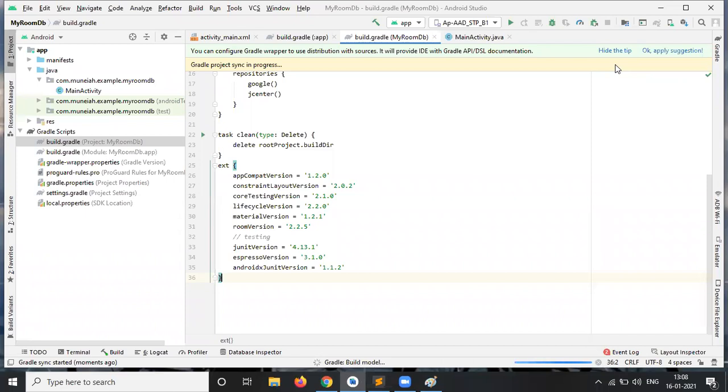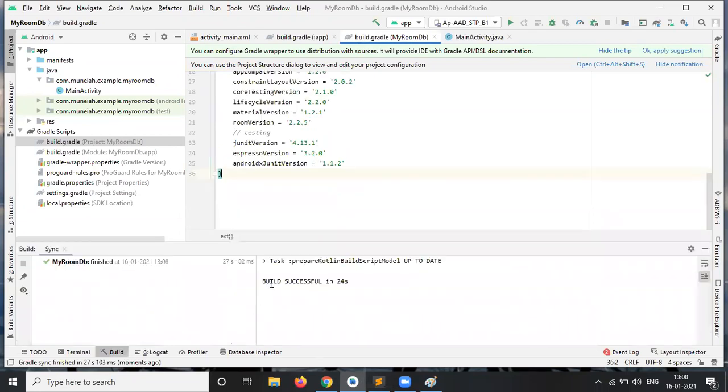Here my Gradle is running. Just wait for that. Yeah, it is successfully configured. Okay, the build is successful.